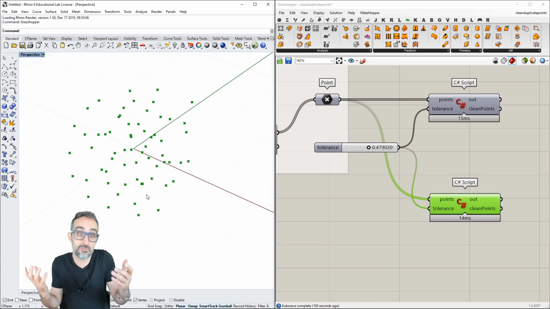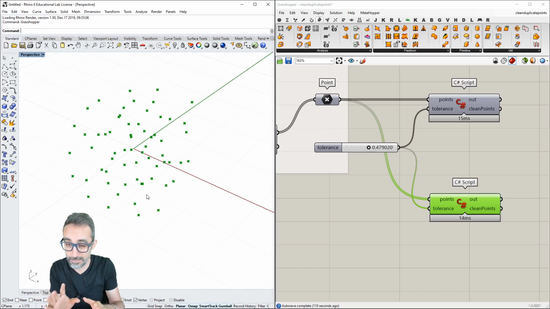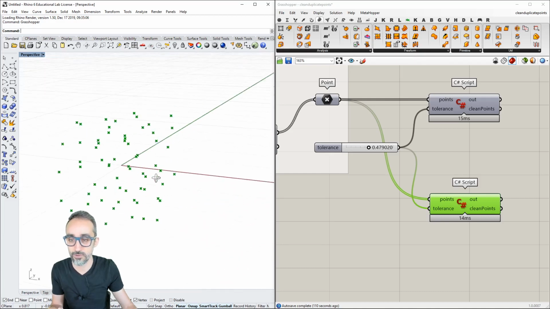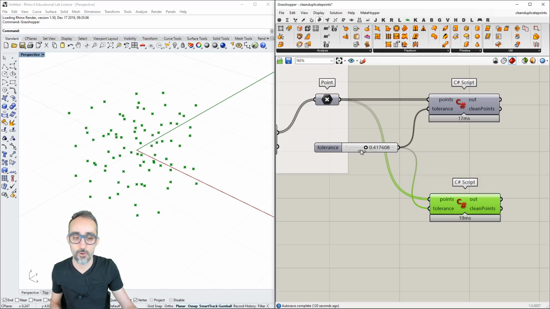So it could help, for example, if you have a mesh and you want to do a mesh simplification. It doesn't really work like that, but it could be a start for doing that. Or if you want to just get a sample of the points that are more meaningful, this could also help you do that. Okay, so yep,